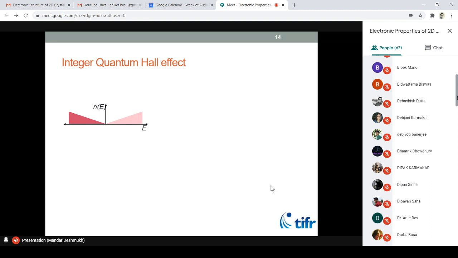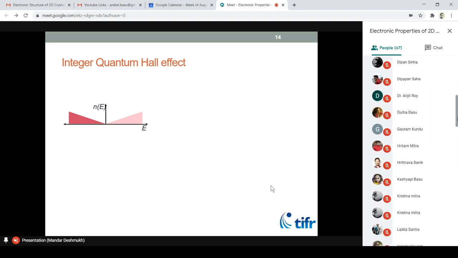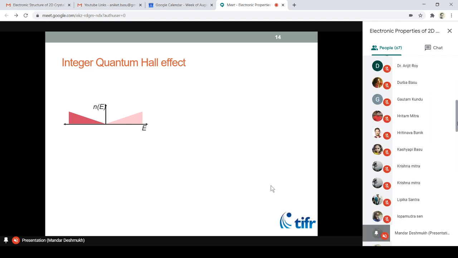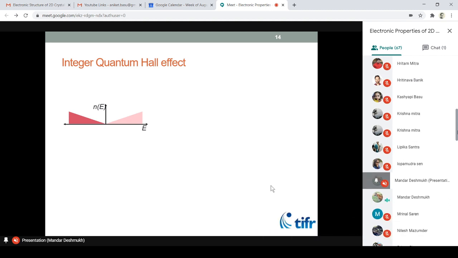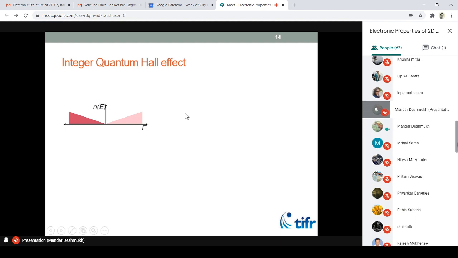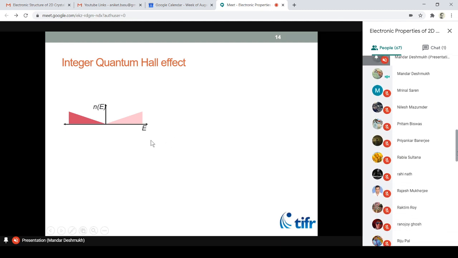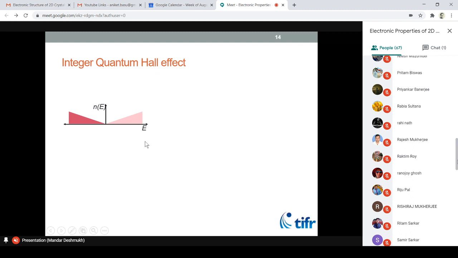So now, briefly in the next couple of slides, just to give you a flavor, one of the kind of measurements that we do is studying the quantum Hall effect. Okay, so everybody knows about the Hall effect, and the quantum Hall effect is a kind of quantum version of this classical Hall effect. But before that, let's just